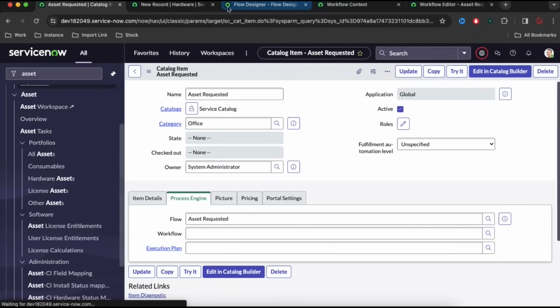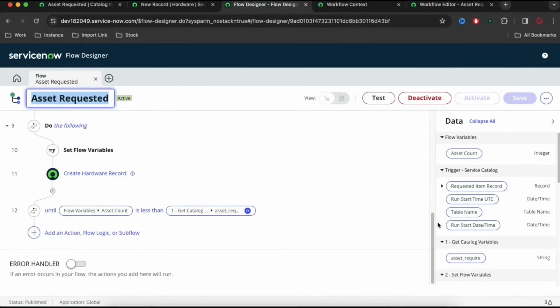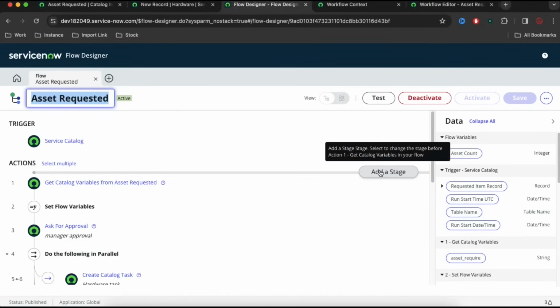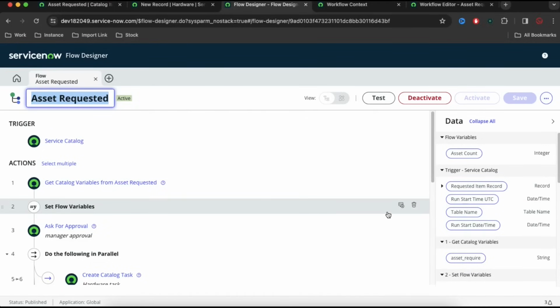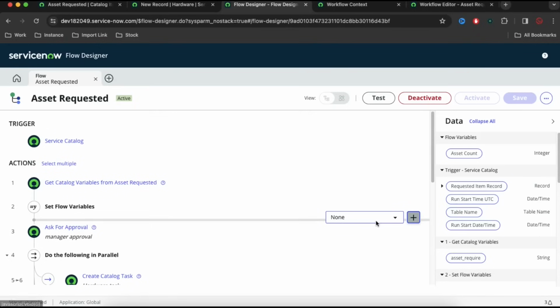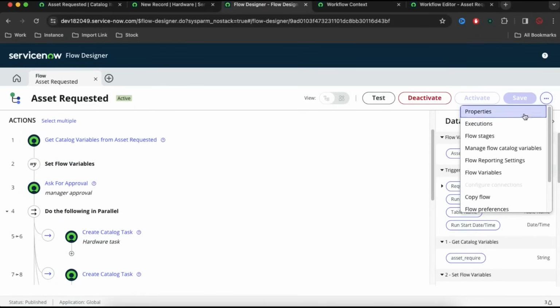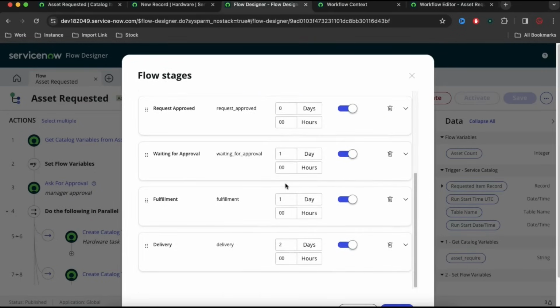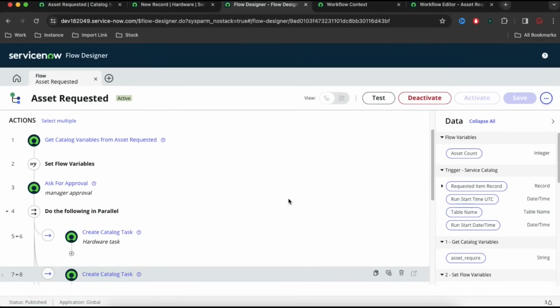Two more things I want to add: we want to add the stages. So let's say here in this case, I'll click add stage, ask for approval. Before that ask for approval, the stage should be waiting for approval. So we'll select that. We need to first include these stages. So we'll click the flow stages, and from there select the request item stages and add stages. You can see all these stages are added. We'll save that